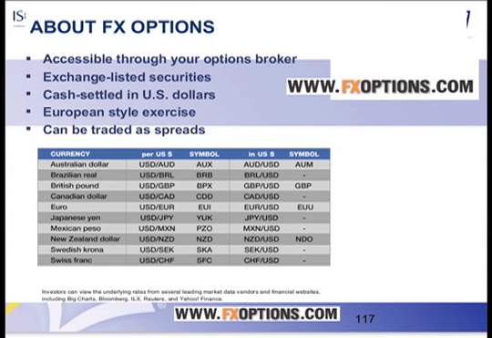Amazing phenomena that occurs in the options market. Everybody should understand it. But these options are exchange-listed securities. They're cash settled in U.S. dollars, European exercise, and of course they can be traded as spreads. The symbols are right there. Whether you're trading Australian dollar, Brazilian real, British pound, Canadian dollar, euro, yen, Mexican peso, New Zealand dollar, Swedish krona, Swiss franc, all the information is at